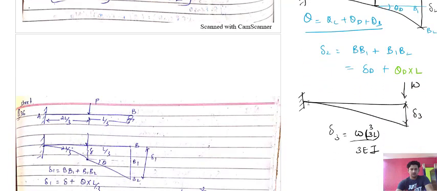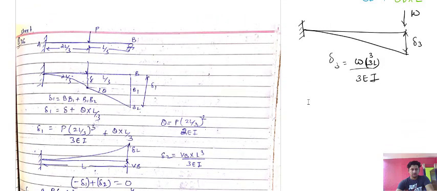Now we will see another example of this theorem. Suppose there is a cantilever beam acting here, sorry, this is a propped cantilever beam. Here a point load is acting, and a roller support is there. Now you have the standard results for a cantilever beam and a simply supported beam, but this is neither a cantilever beam nor a simply supported beam. So how will you solve this numerical?